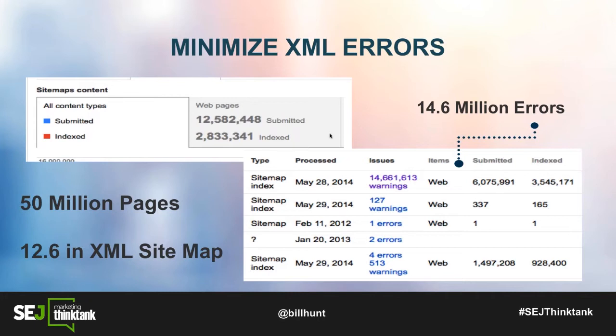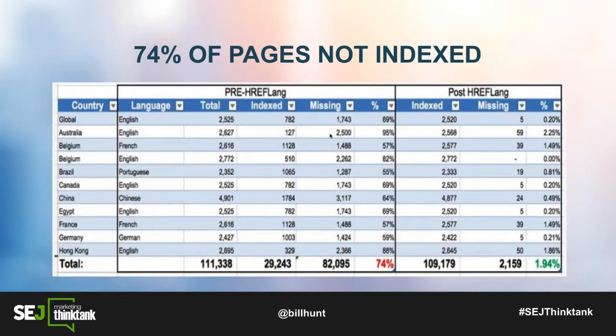So on the next slide, this is an example where I was doing a project for a global company. I was actually there speaking at their event. They asked me, did I see any particular problems? And my answer was, it didn't seem like you were indexed in many markets. As we were building hreflang for them, which is telling Google that, hey, this is my French page, my German page, and things like that, we noticed that about 74% of all their pages were not indexed in the search engine.